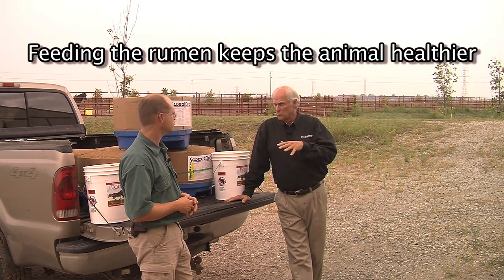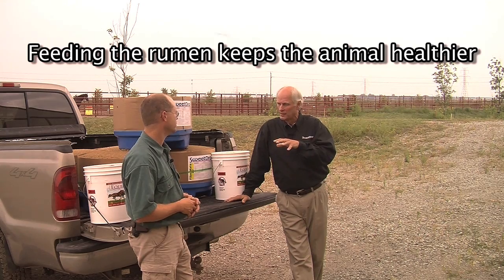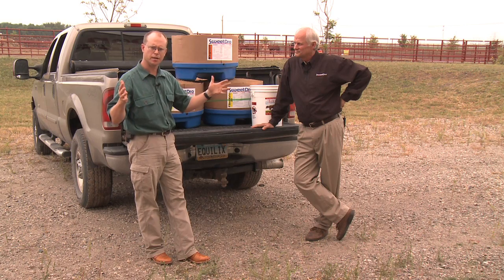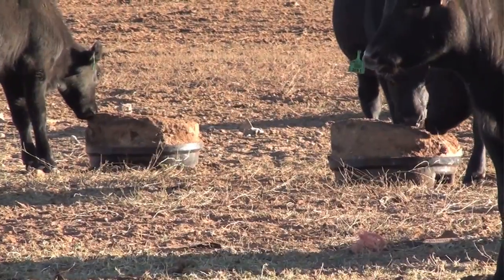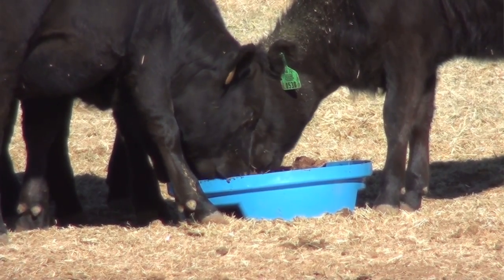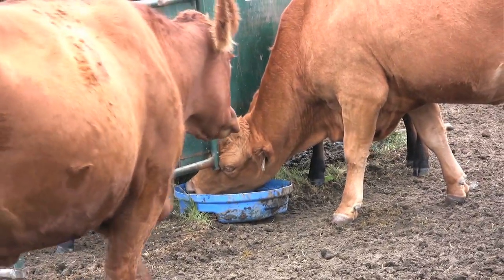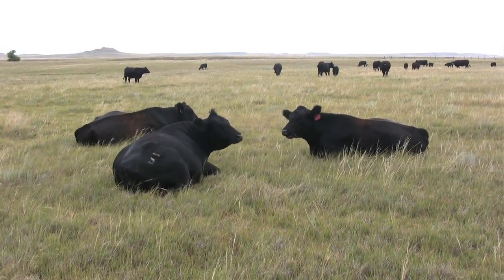Right. If we're feeding the rumen, essentially is what we're talking about. If we're feeding the rumen and do a better job of keeping that healthy, the animal stays healthier, and there's a real dollar value to that. And that gives that animal a lot of flexibility sort of in the environment they're in. As you all know, ruminants are in a very diverse set of environments, right? And some are adequate, many aren't. And for those places where a producer might have a challenge come up that they're not aware of, it's hard to anticipate. A product like this gives your animals some flexibility in just being able to handle the